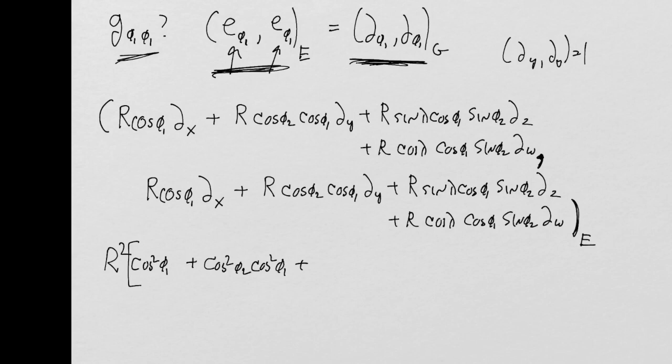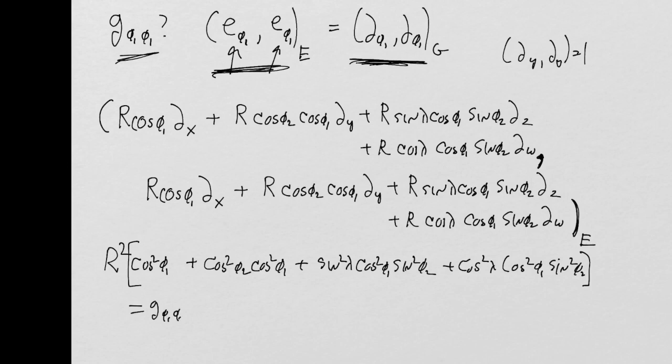So then what do I have? Then I have sine squared lambda, cosine squared phi 1, sine squared phi 2, plus cosine squared lambda, cosine squared phi 1, sine squared phi 2. Okay, so that sum equals g phi 1, phi 1. So on the glome, the first component of the glome metric is this long expression of squared sines and cosines,